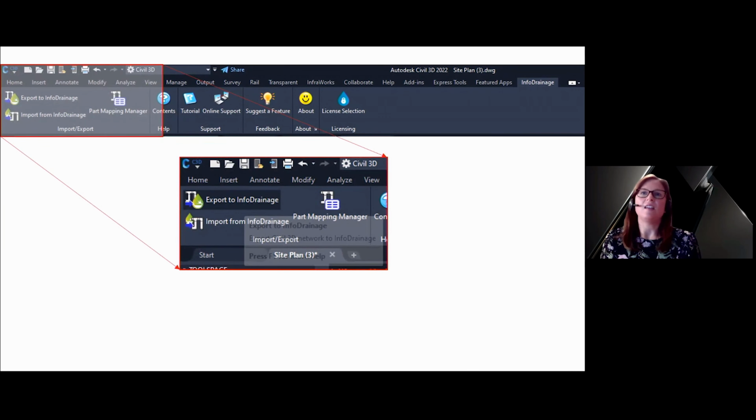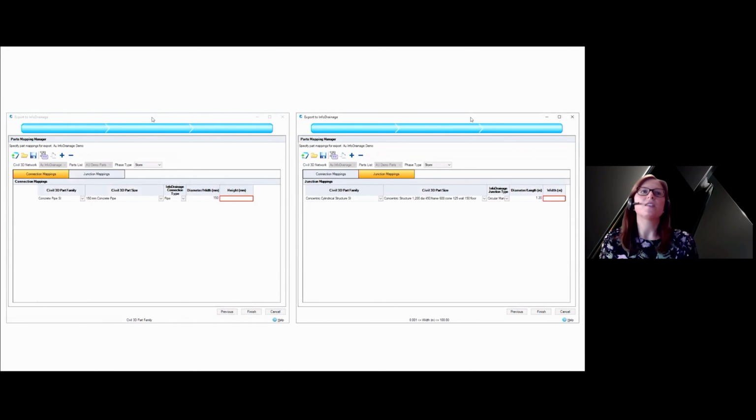Ensuring that the Info Drainage for Civil 3D ribbon is installed, the next step is to select the option to export to Info Drainage. Then we're presented with the parts mapping manager, where the Civil 3D parts are detected along with the Info Drainage object type, for example, a pipe or a circular manhole.